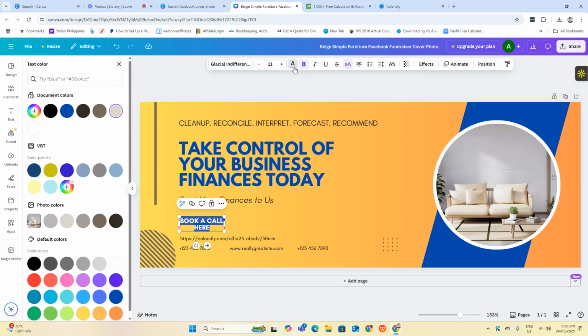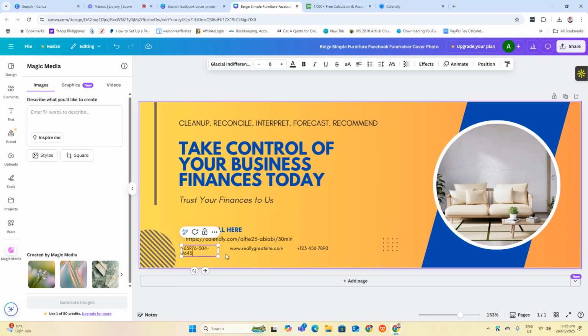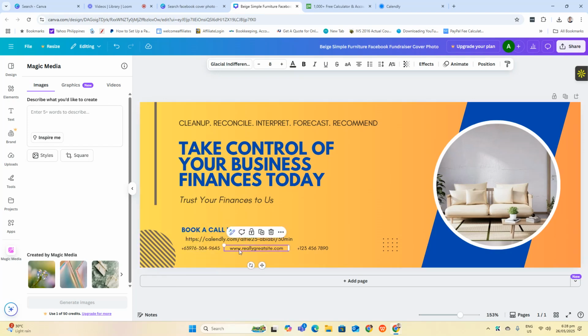I'm gonna use text color. Okay. Also place here your contact number. Or if you have the website, you can also place it here. Okay.